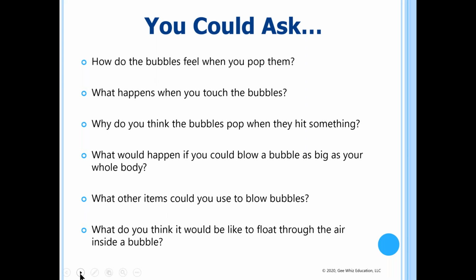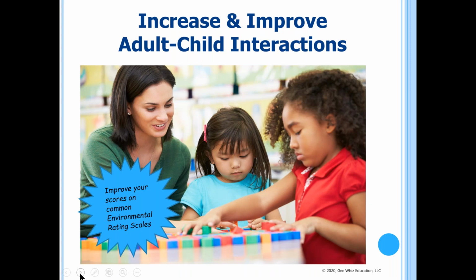So great job. Okay, so one of the most important things that I've talked about, and we'll talk about it some more, is increasing your adult-child interactions. So I'm going to ask a closed-ended question right now, because this is a question that can only be answered in a closed fashion. Will you share with us which environmental rating scale is used in your program? Is it CLASS? Is it the ECERS or ITERS? Which one do you use in your program? And just type the answer in the question box so we can get some idea of the different environmental rating scales that are being used.